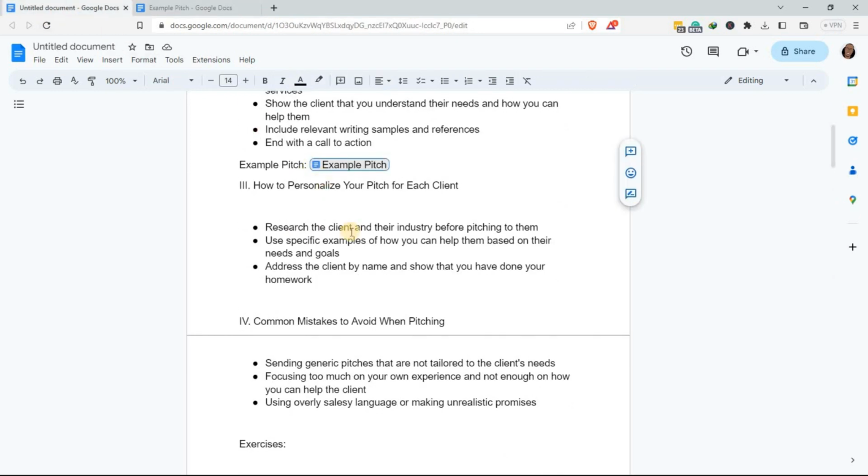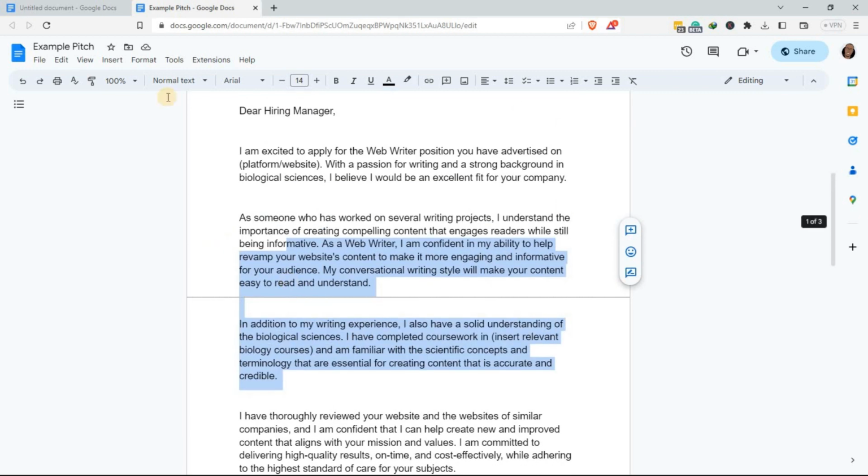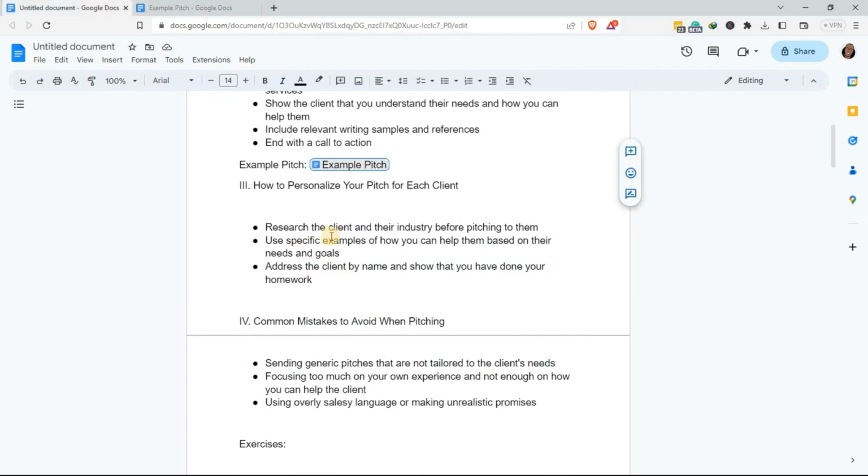Now, what I would do is just use examples inside here that showcase that I understand their digital marketing needs and goals. Yeah, so you need to use specific examples of how you can help them achieve their needs and goals. And of course, the next thing, you need to address the client by name and show that you have